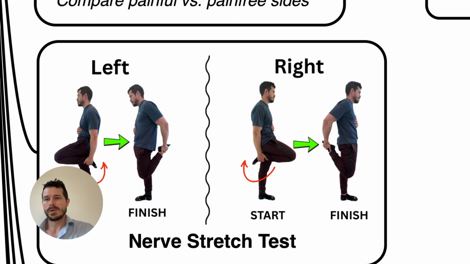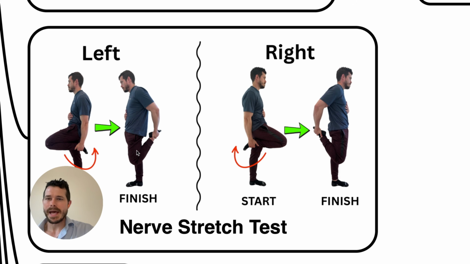All right. So what you're going to do is you're going to start like this. If you need to hold on to something for balance, you can. But start with a fully flexed or maximally flexed knee. Again, do what you can within comfort. Then what I want you to do is take that knee, keeping the knee bent, and take that hip and arc it backwards so you're tensioning that nerve. And if this nerve is sensitized, this will recreate your pain, numbness, tingling in the front of the